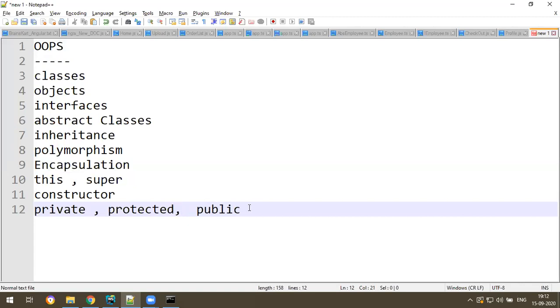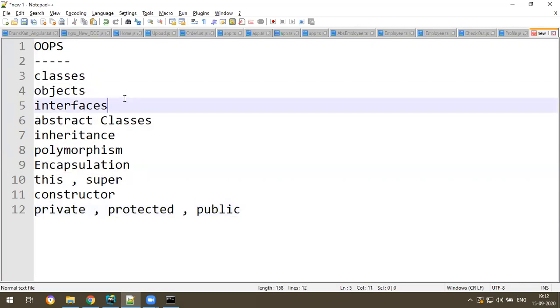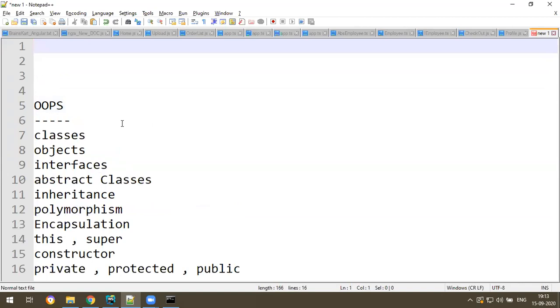If you can understand this, this is all about object oriented. Don't worry, everything we will see in our coming examples. But first of all, why has this object oriented concept come? Before that there were many other ways. This is one kind of programming, a way of writing an object oriented program. Before that, what was there? If you understand that, then you understand object oriented.